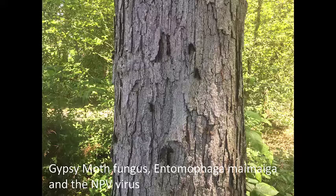And so since the gypsy moth move up and down the trees, they're going to be in contact with the soil where it is in the winter, and they're going to infect themselves with this fungus. And so the fungus does kill a lot of caterpillars. It mostly kills them when the caterpillar population is low. So when the caterpillar population gets too high, when there's too many of them, the fungus can't kind of compete with that. It can't reproduce itself so much that it can kill all of those caterpillars,